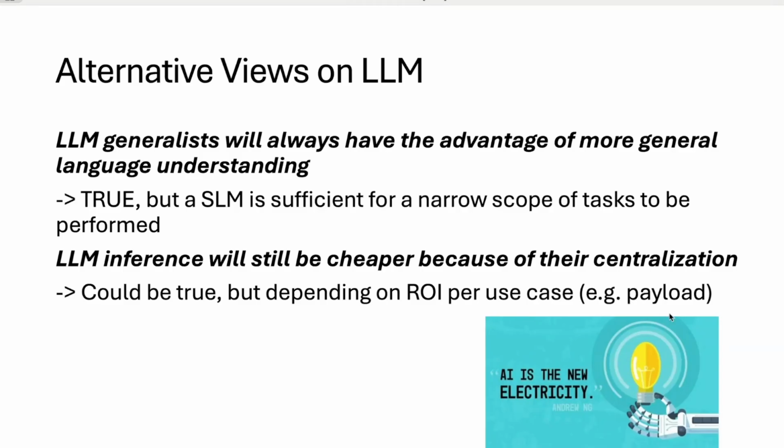But if your payload is high, in terms of millions or even higher, then that's worth it, right? But if your payload is not even enough to exceed the cost of doing all this additional serving and maintaining, then there's no point in developing the SLM and serving it by yourself. You should just reuse the API, which saves you the cost of doing all this operation by yourself.